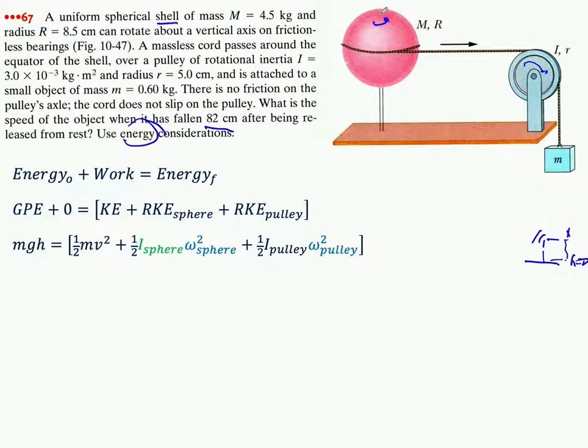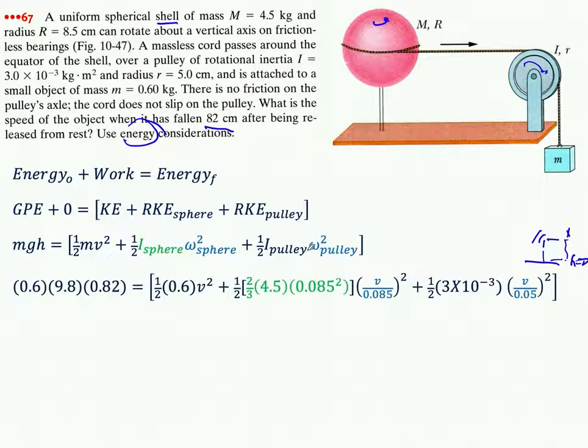Plugging in what we've got: 1/2 mv squared plus 1/2 I omega squared plus 1/2 I omega squared. And I'm writing in units here just so we can remember what's what. And now just plugging in our numbers. Mass times gravity times the height change is going to equal 1/2 times mass times its final velocity squared,